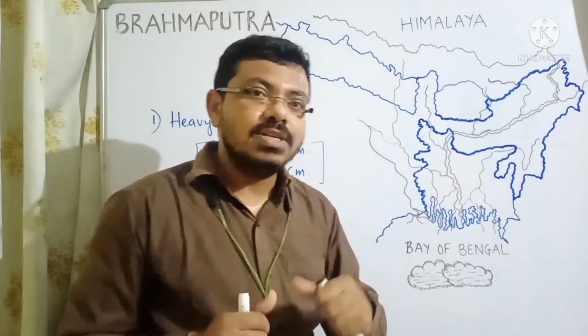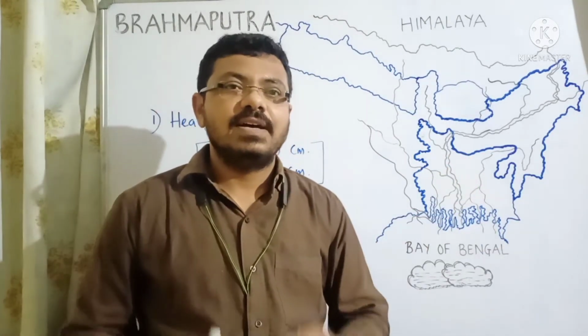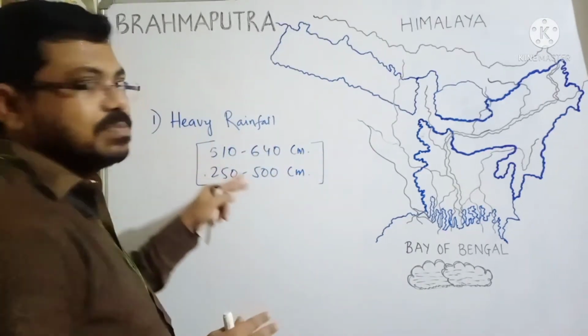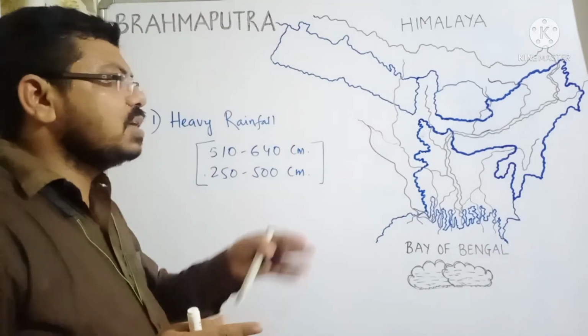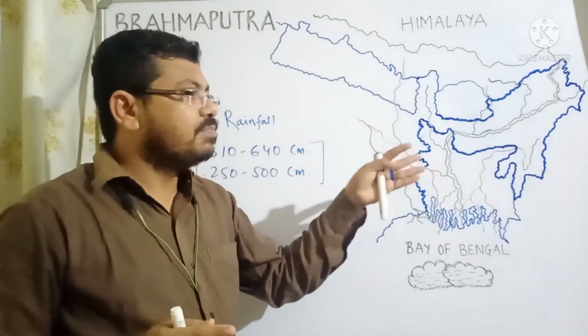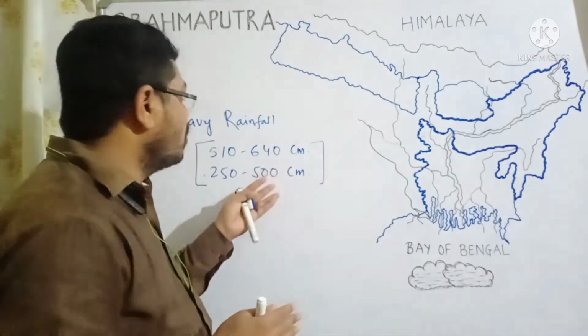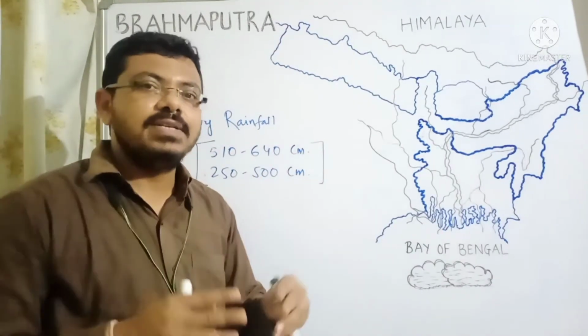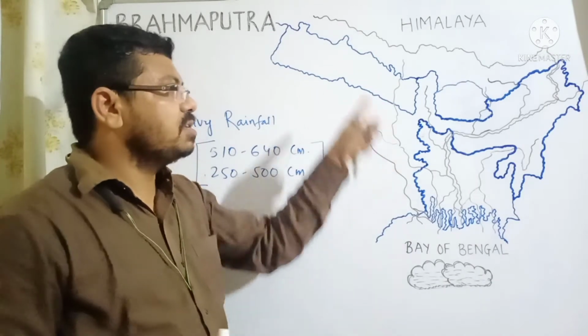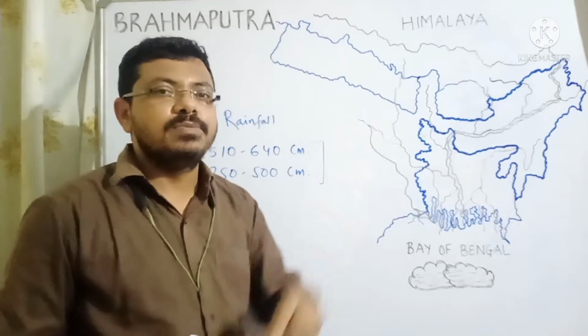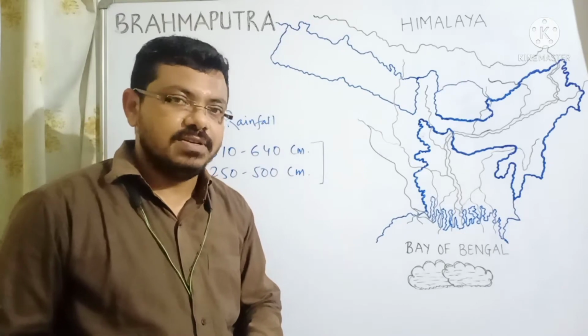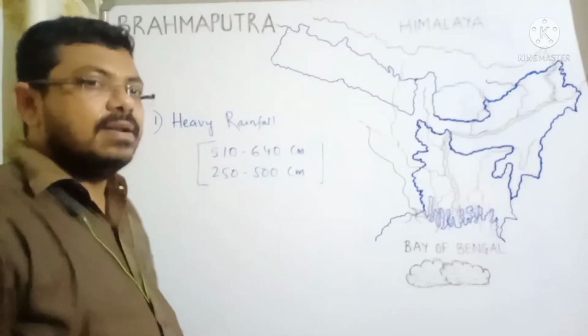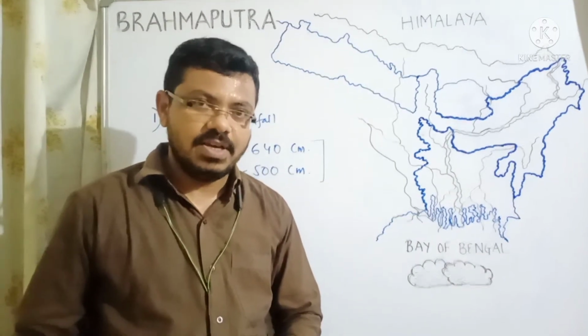Ganges. So this is our first idea, the idea, explanation and example I have given you. The evidences I have given you: Brahmaputra river, Tista river, and the amount of rainfall they are getting. These are our evidences. In the explanation, I have explained why the Brahmaputra river is getting heavy floods. So this is our idea number 1.